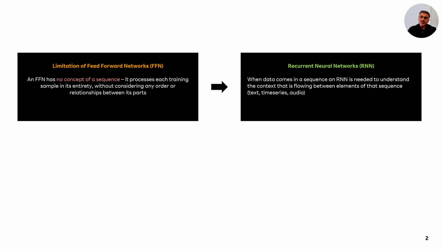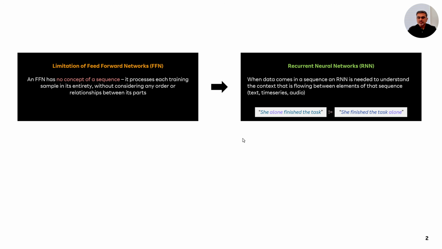Now, once a recurrent neural network is trained, it can distinguish between these two sentences where all the words in both the sentences are the same, just the ordering of one of the words changes from being the second word to the last word. For example, she alone finished the task is very different than she finished the task alone. And an RNN recognizes this difference because it takes the sentence, breaks it up into individual words or tokens, and then starts to study the context flow across these words to determine that this sentence could mean one thing and this sentence could mean another. So we studied this in episode 3 of season 2.